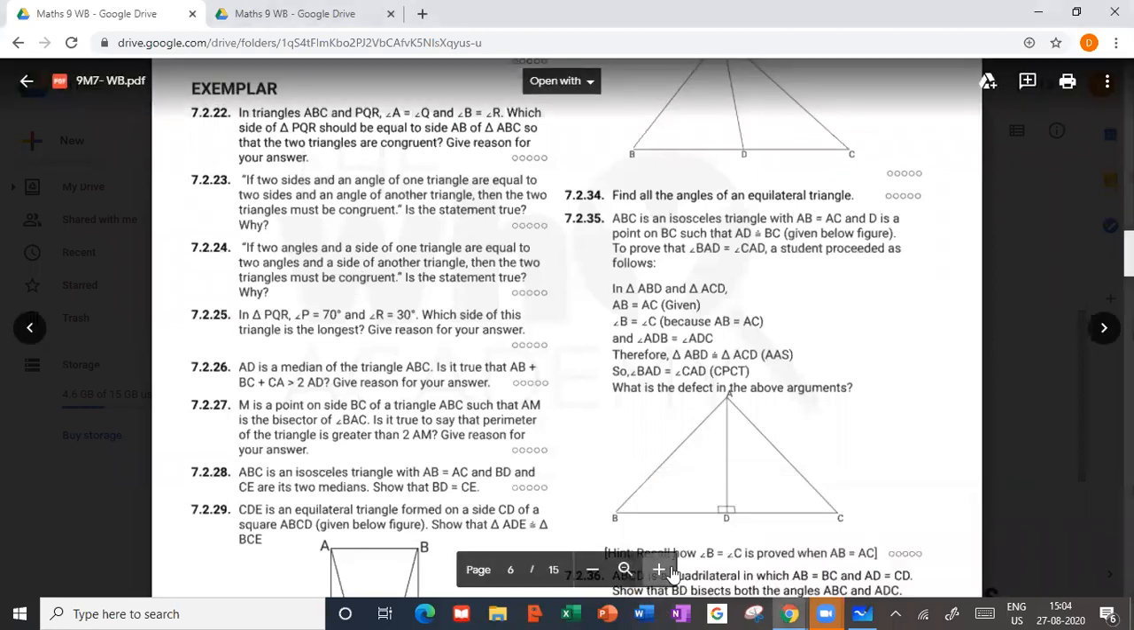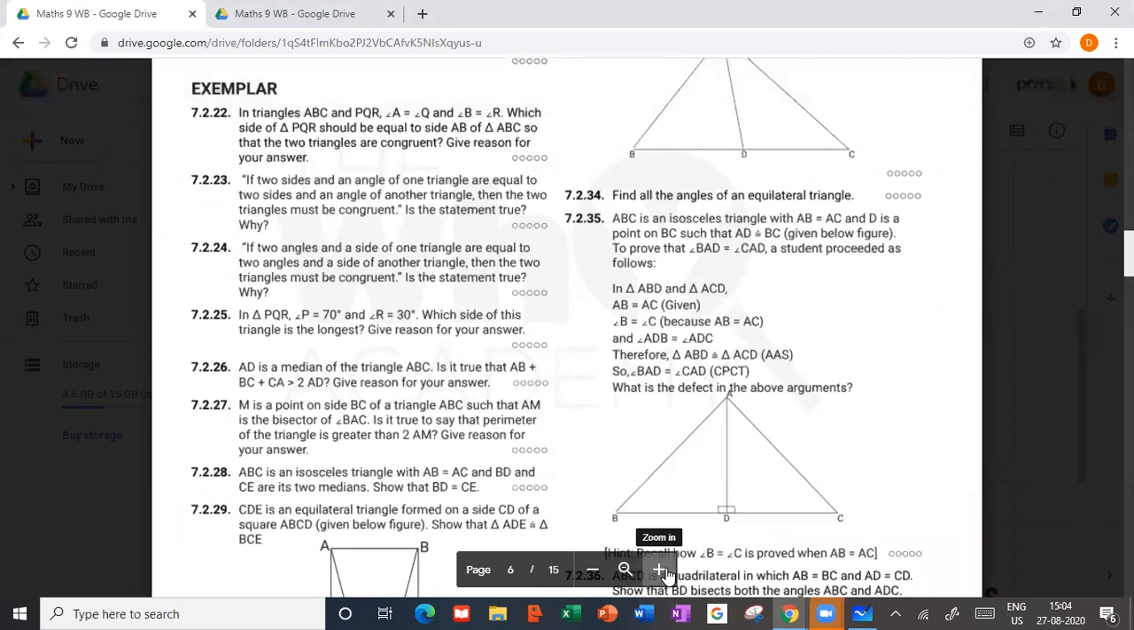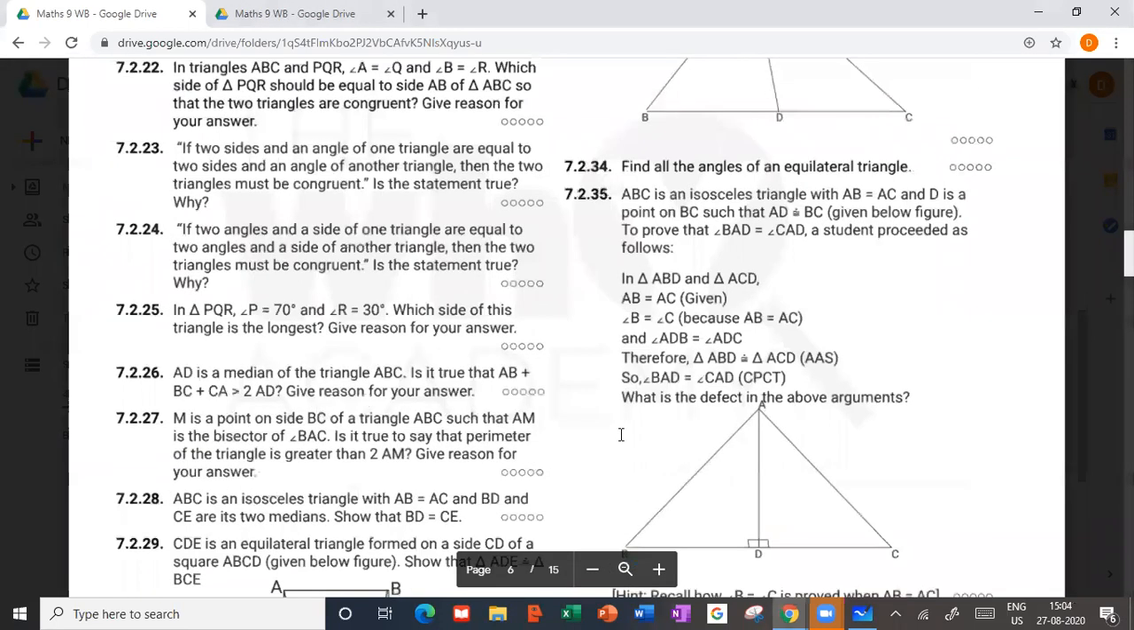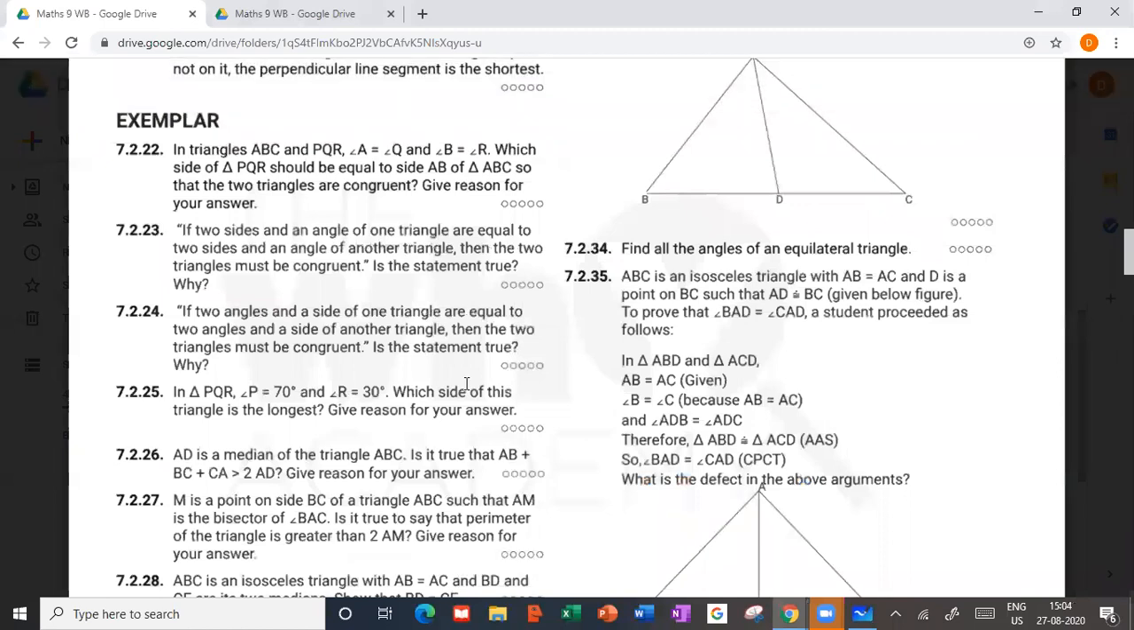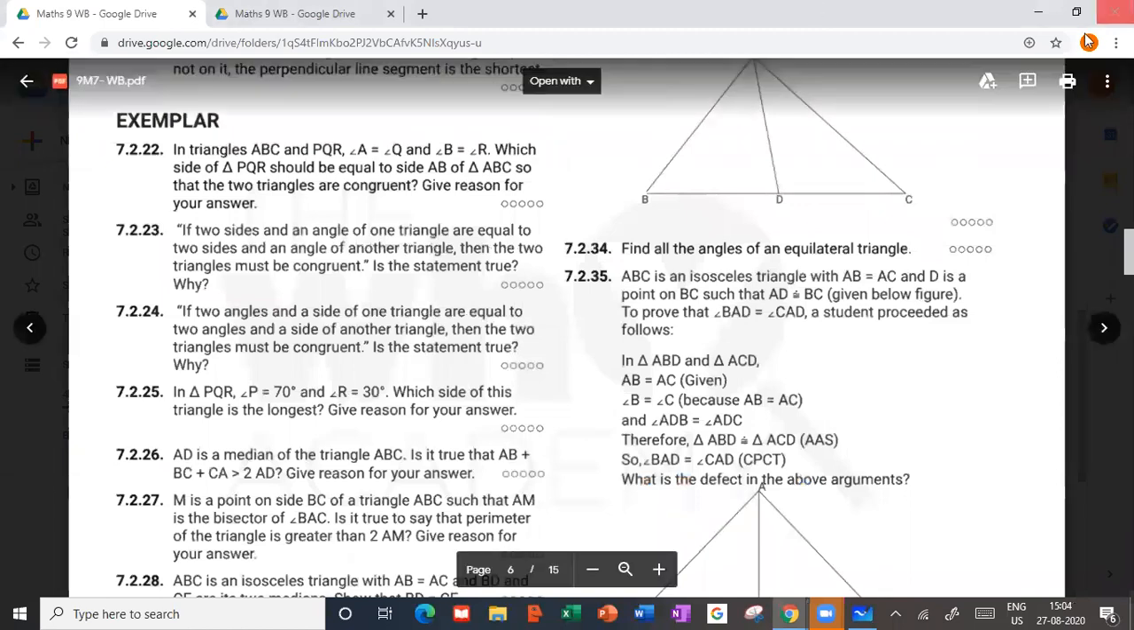Okay, so let's quickly discuss the exemplar questions and then go to level 3. So the 22nd question, in triangles ABC and